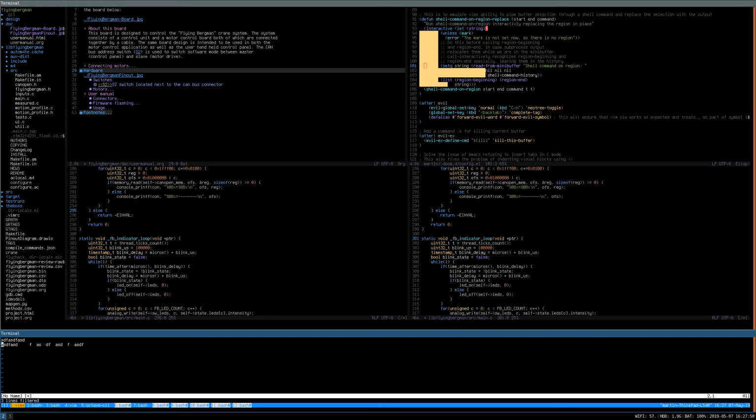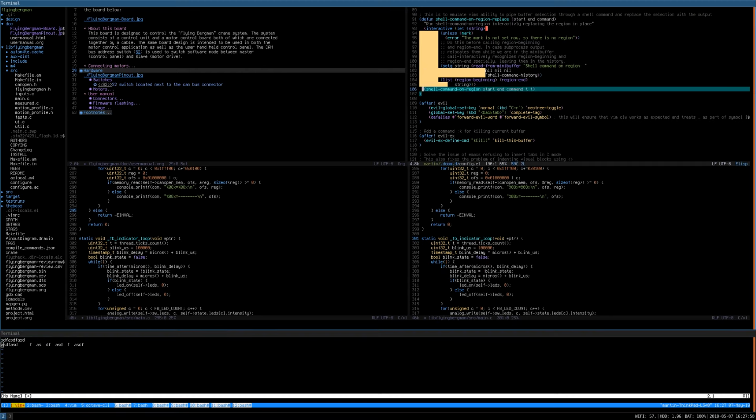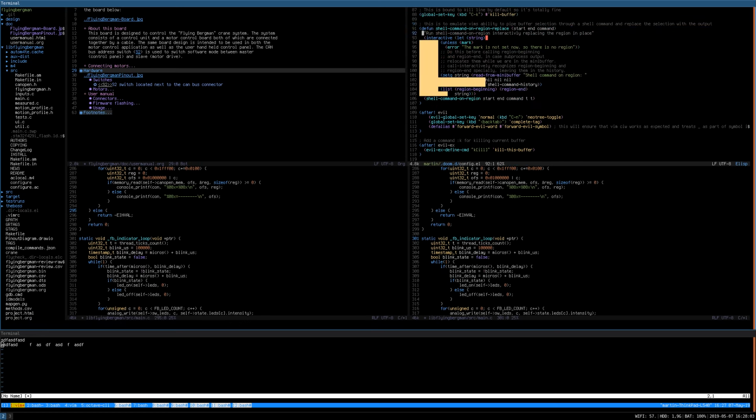And I can just pipe the selected area through a bash command and get the output. In Emacs, I couldn't figure out how to do that, and this is actually not defined by default. So I found this piece of code somewhere on some internet forum, which implements this functionality and actually replaces the text,